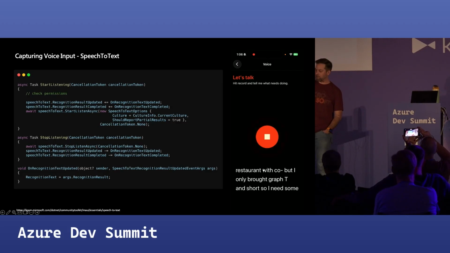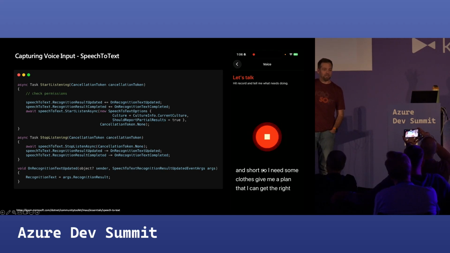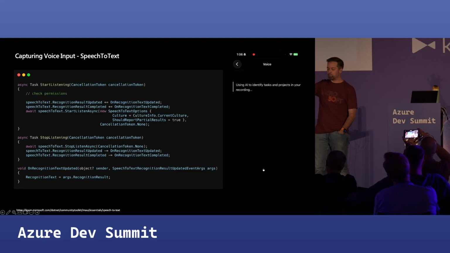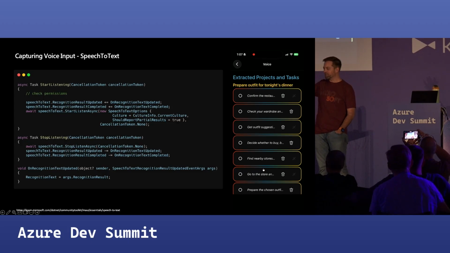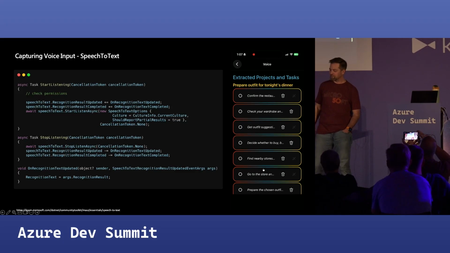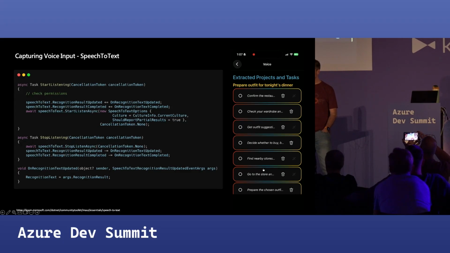So you can see that I'm actually getting some pretty messed up text here, right? The reason I'm getting that messed up text in the transcription is because it thinks that I speak Portuguese, and I do not speak Portuguese. Obrigado is about the only word I know. So I was speaking English, it thought it was Portuguese, and it gave me some nonsense. But it gave me a bunch of interesting tasks to go do, so that's fun.